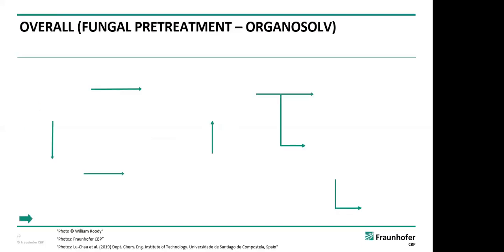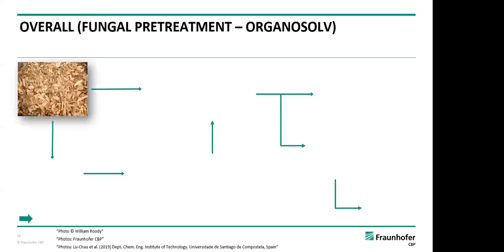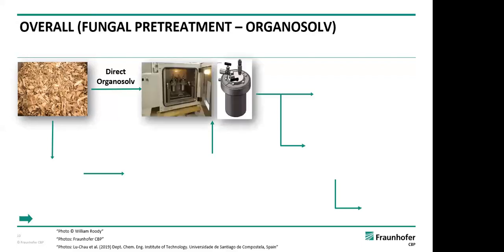Now, let's describe the whole two-stage process of fungal pretreatment followed by the Organosolve delignification of beechwoods. This process was done on a small scale. First, we got the beechwood chips. Maybe we have 2 possibilities, maybe direct Organosolve in 1 liter per reactor at 155 degrees,